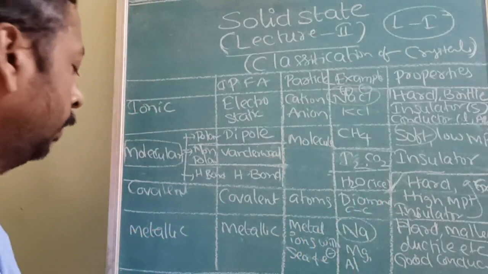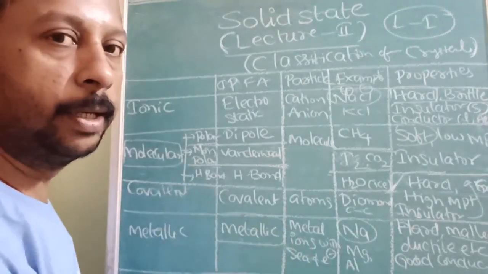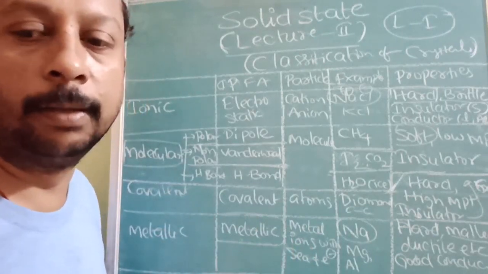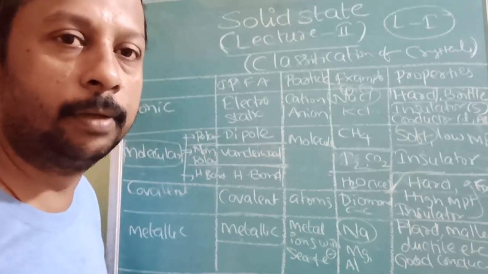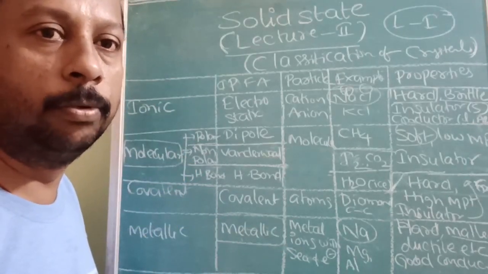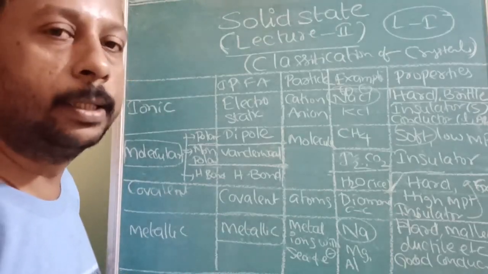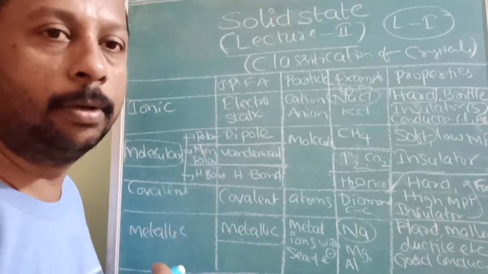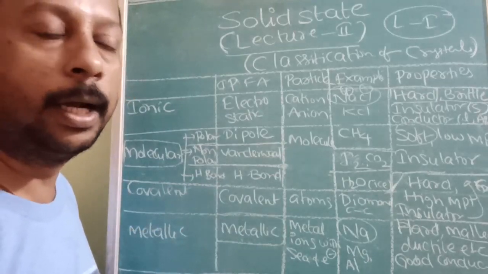Okay. Next, metallic. All metallic crystals will obviously contain metallic bond, but the strength of the metallic bond depends upon the number of unpaired electrons. The more unpaired electrons, the more the strength of the bond. Alkali metals have only 1 electron free to move, therefore they are soft in nature. Otherwise, other metals like D block and F block metals have more unpaired electrons, so the strength of the metallic bond is more, therefore they are hard in nature.